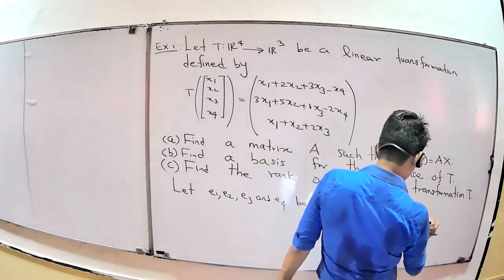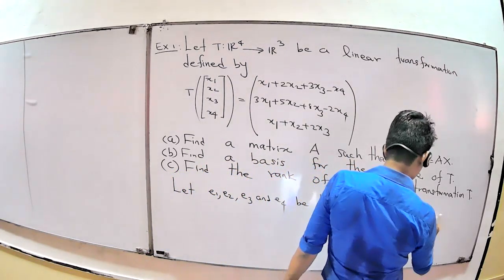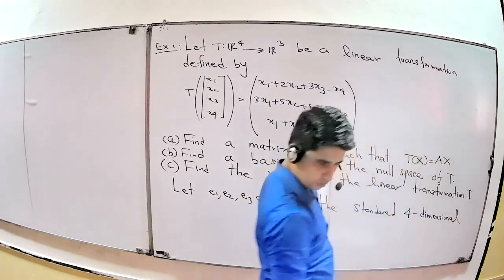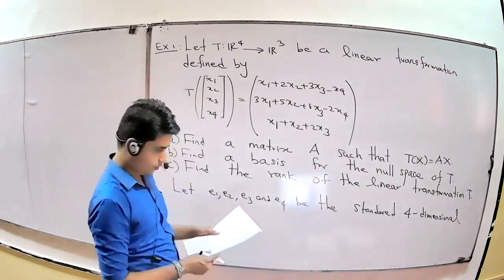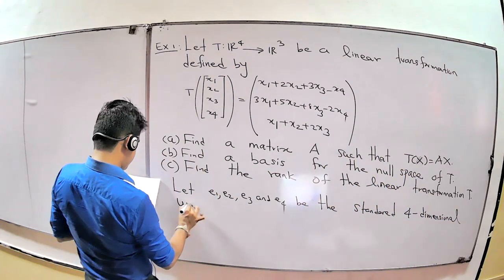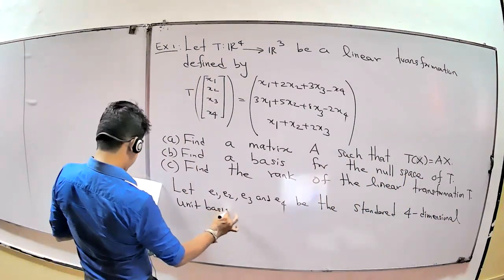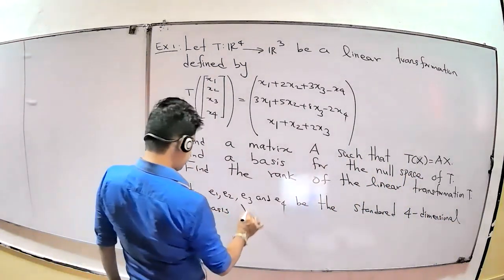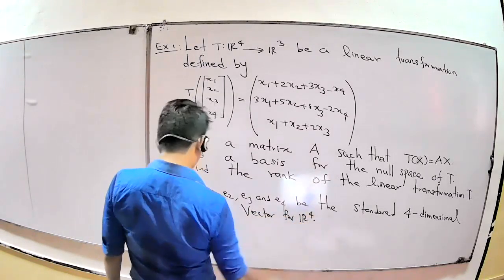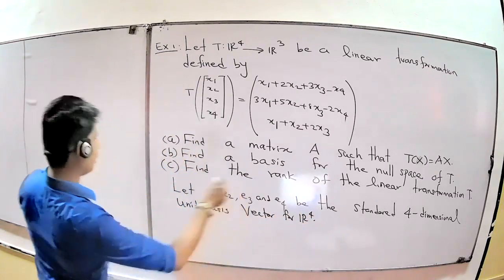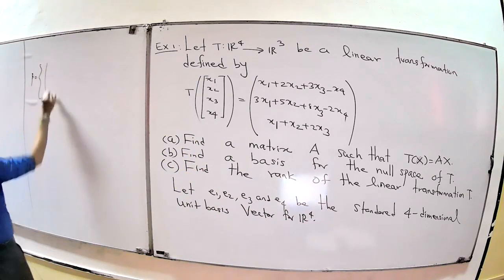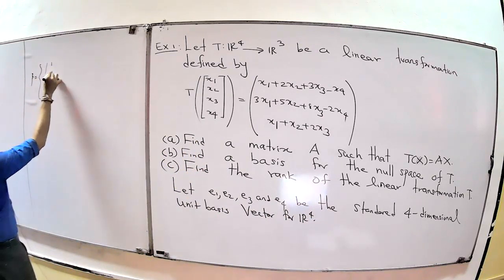That means you already know that this basis for R4 is of the form 1 0 0 0,